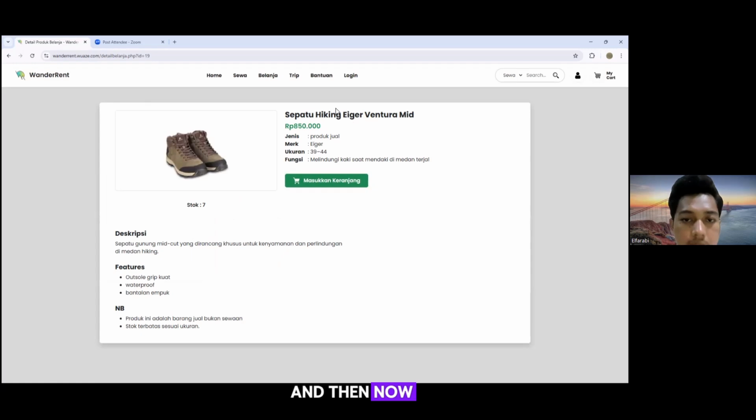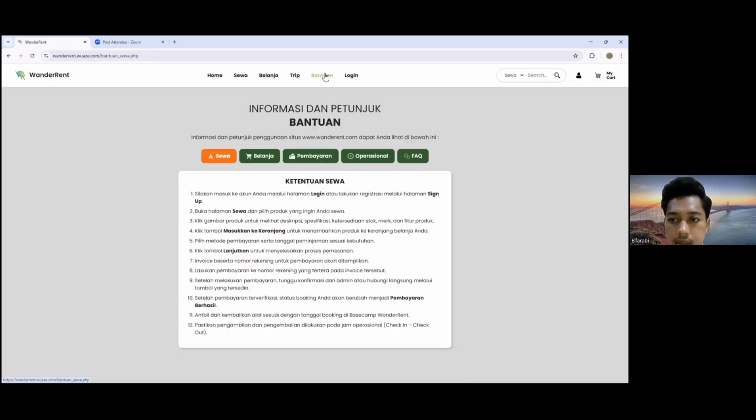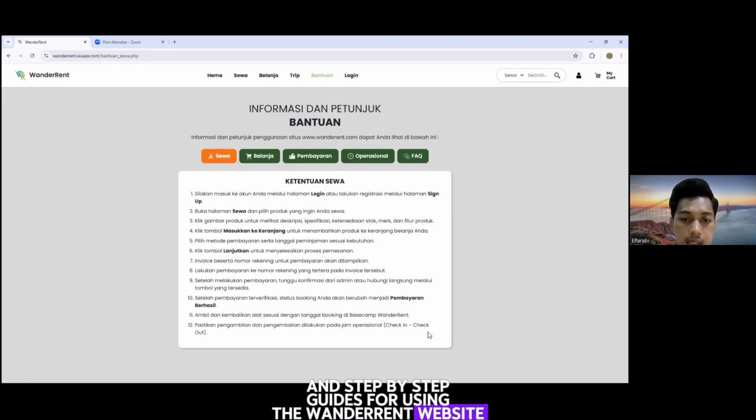And now we're on the Bantuan page. This section provides helpful information and step-by-step guides for using the Wanderlust website.